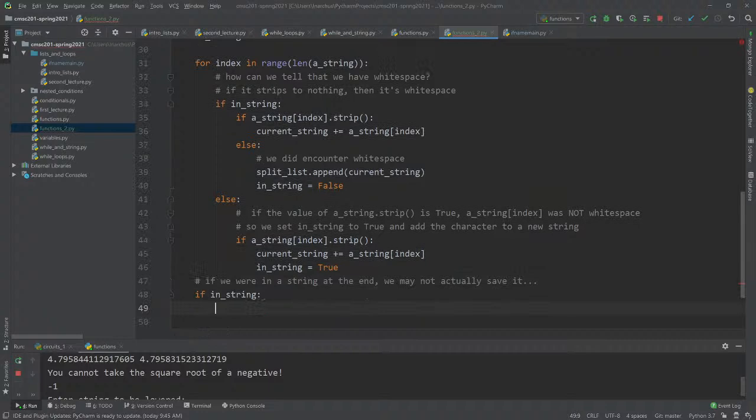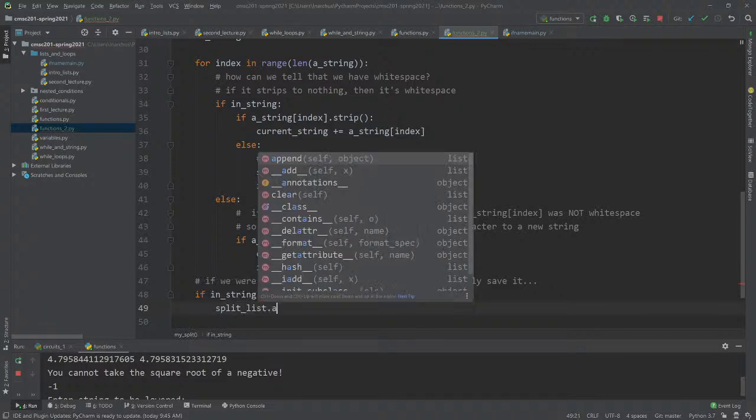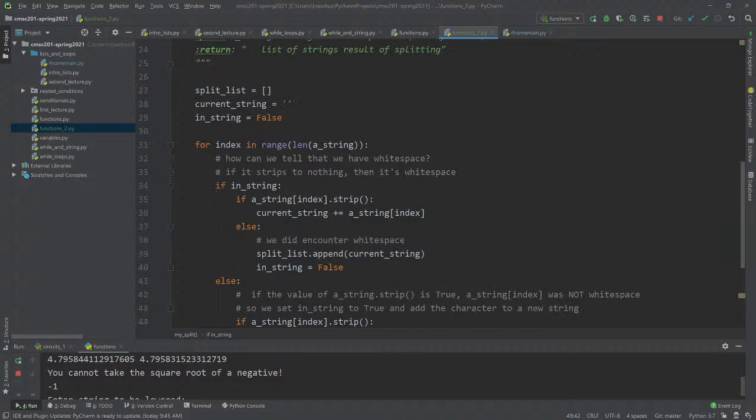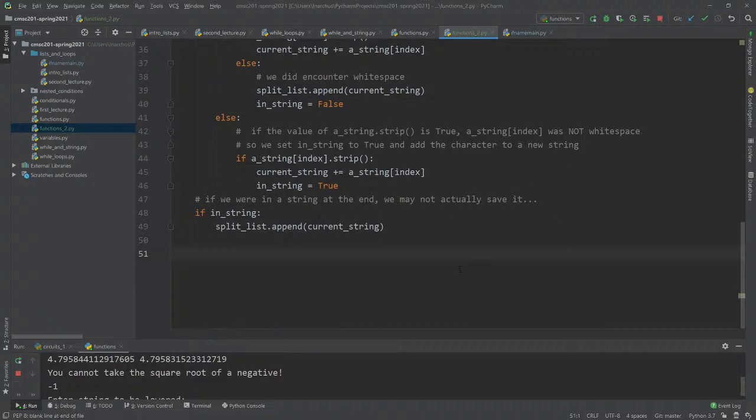So let's save it. So if we're still in a string, then what we'll do is we'll say split list dot append current string. So, I mean, this is basically the code that you would see for my split. So let's test out my split on something simple like, hello there, we are going to test my split, right?